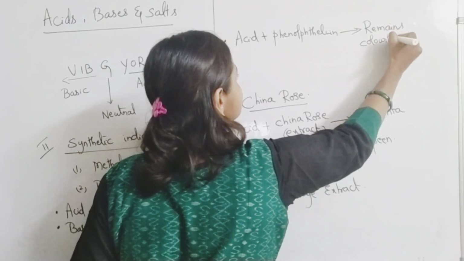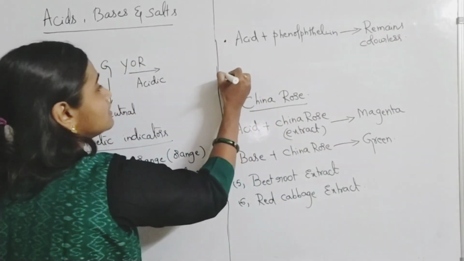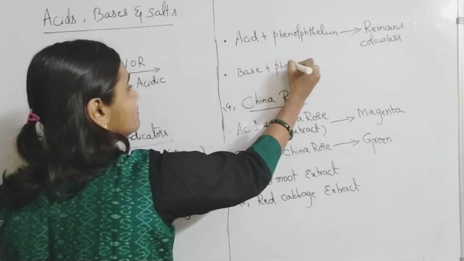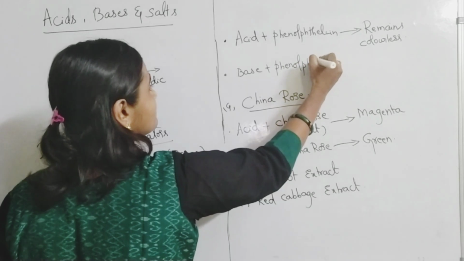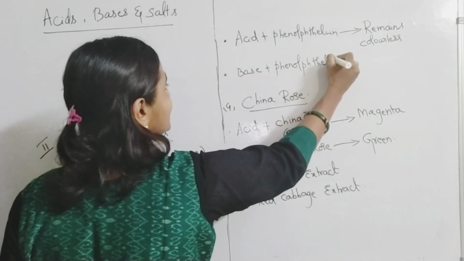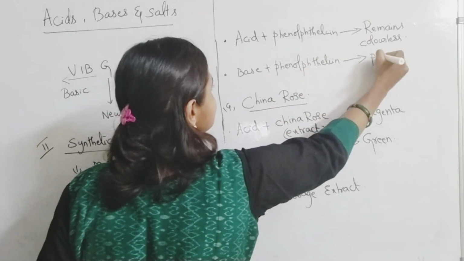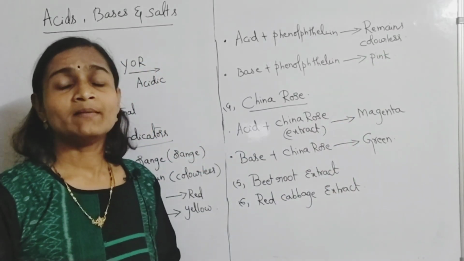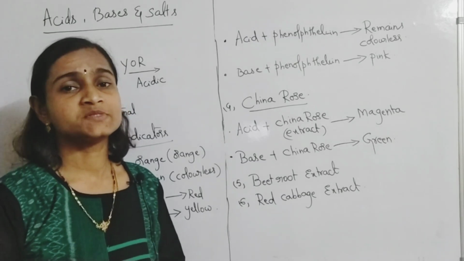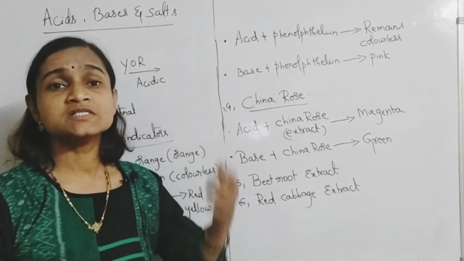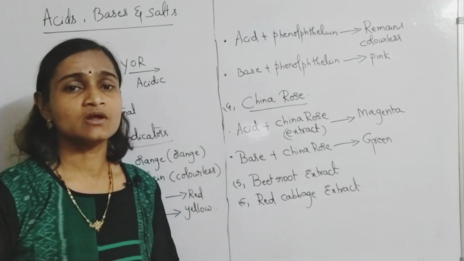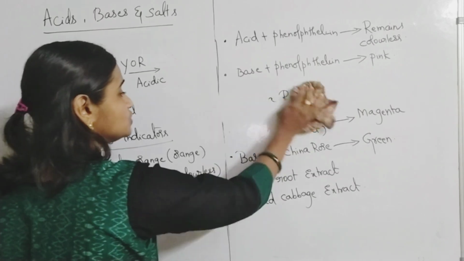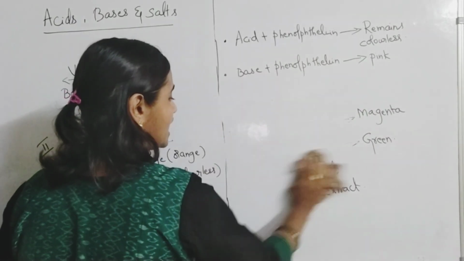Whereas base plus phenolphthalein turns pink. If you observe pink coloration by the addition of phenolphthalein to a substance, then you can say that the substance you have taken is basic in nature. So like that you have two types of synthetic indicators, and finally you have